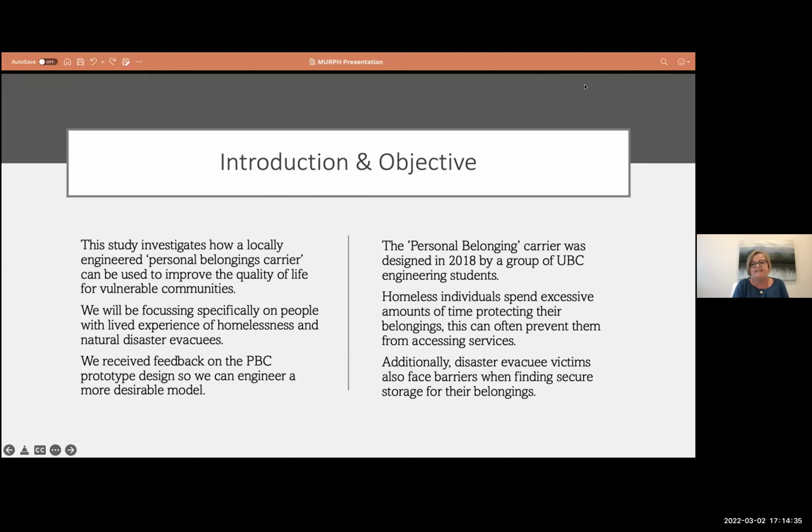I would actually like to see your carrier right on the first page, because I kept thinking, what is this? I want to see this carrier. I know you have the picture of your carrier on the second page, but I'd love to see it here. Maybe you have it also on the second page as well, almost like a logo. I don't know if anyone agrees or disagrees with me, but I was so curious about what this carrier actually was, and I think it would draw people into your